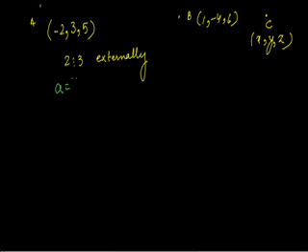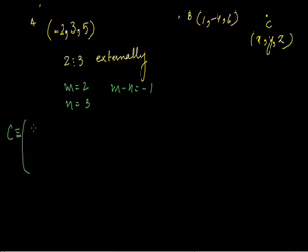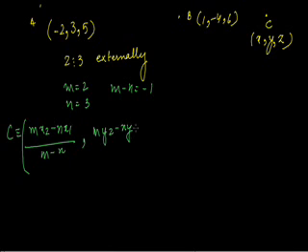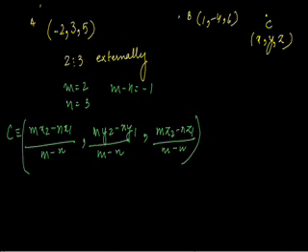Here m is equal to 2 and n is equal to 3, and m minus n is equal to minus 1. So the coordinate of C will be equal to (mx2 minus nx1) upon (m minus n), (my2 minus ny1) upon (m minus n), comma (mz2 minus nz1) upon (m minus n). So the coordinates of C, now putting the respective values, we have the value of m as 2.